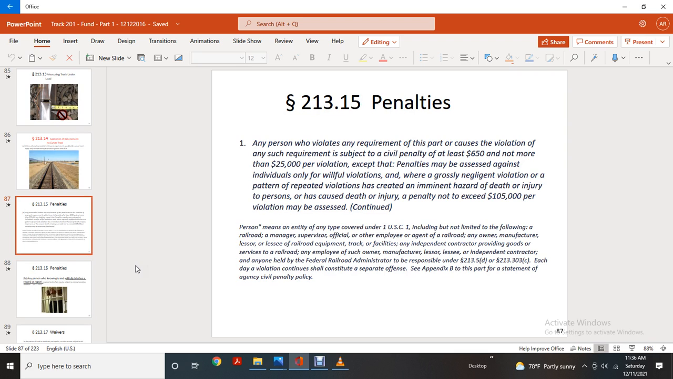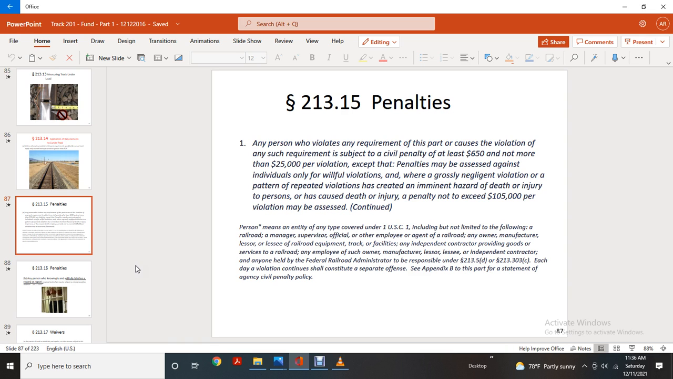Penalties and improvements: violation of the requirements of the program causes a violation, and the requirement of a penalty of at least $650 and not more than $25,000 per violation, except for penalties assessed against an individual for willful violation, gross negligent violation, or a pattern of repeated violations, or a violation that creates an imminent hazard of death or injury to a person or causes death or injury, a penalty not exceeding $105,000 per violation may be assessed. Person means any type of entity required within Title 1 U.S. Code, including but not limited to the following: a railroad, passenger, supervisor, official, employee, or agent of